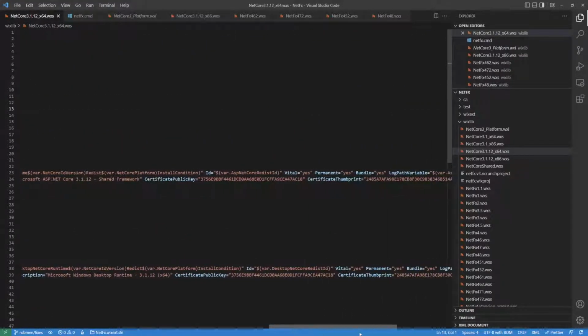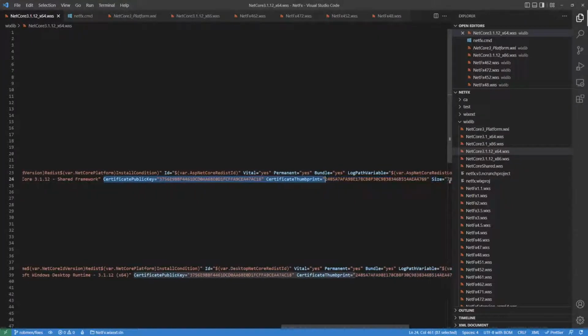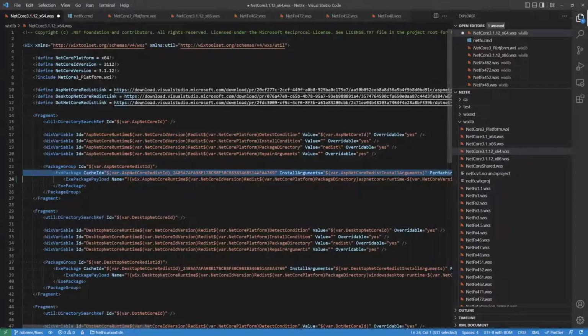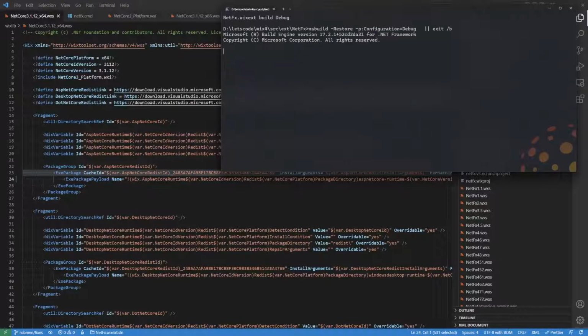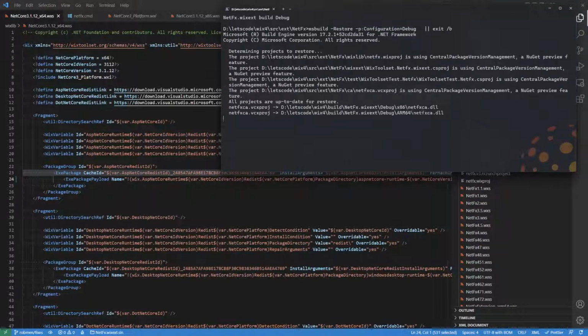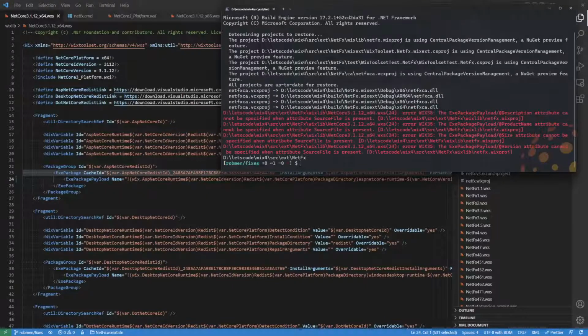Okay, so certificate public key. So the hash or the certificate public key is allowed, if you remember from all our remote payload work. So I'm just going to take out the certificate public key on this one, and this is the ASP.NET Core Redist ID. And then come back over here, and we're just going to run the netfx command to build, and let's see how it goes. I'll do clear screen to build, get a nice clean go away here. All right, so it's going to build